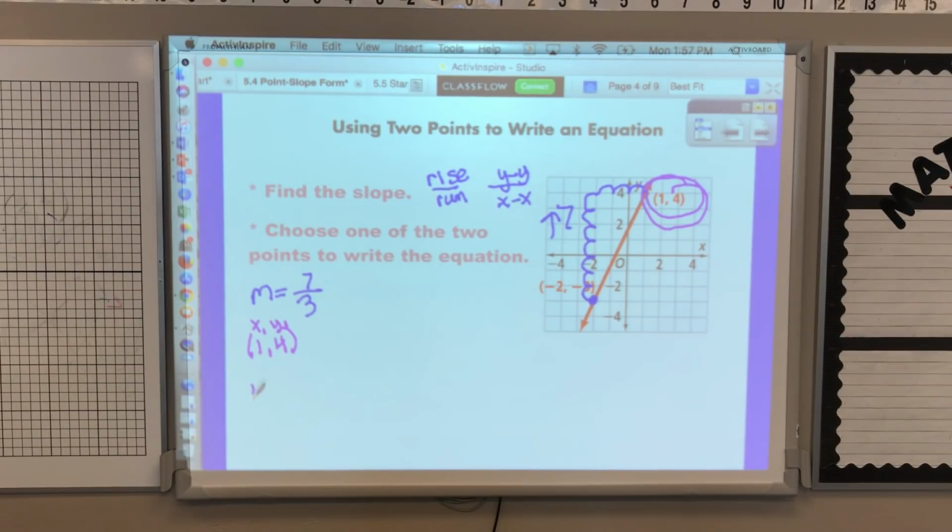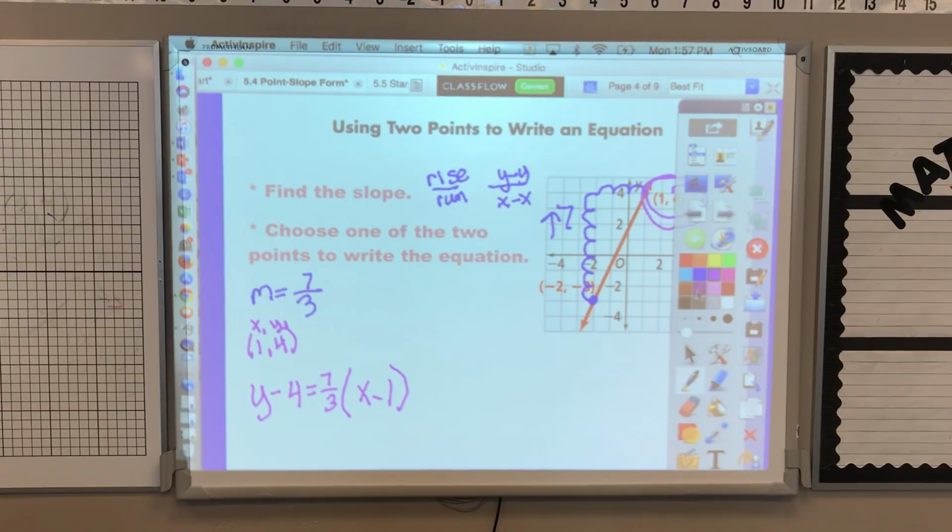So my equation would be y minus y1, so y minus 4 equals m, which is 7/3, times the quantity of x minus x1, so x minus 1. And there's my equation if I choose that first ordered pair. Okay. If I were to choose the second ordered pair,